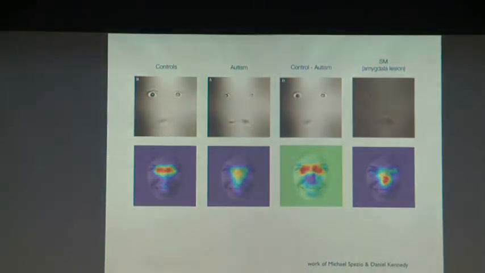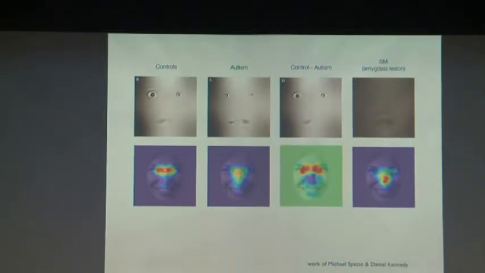So the results are shown here on the top. Again, the same groups that we had before: controls, people with autism, the amygdala patient. Here's the eye tracking data that I showed you before. And here at the top, this is not the eye tracking data. People are looking at the center of this image all the time. This just shows what information from faces they use in this bubbles task that I just described to you.